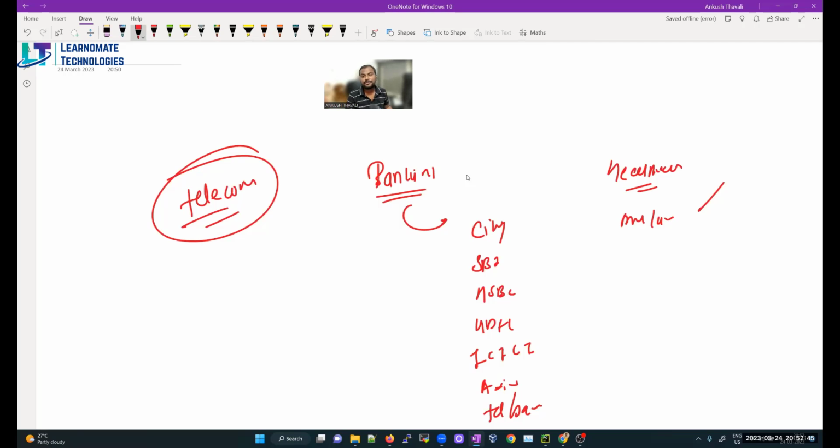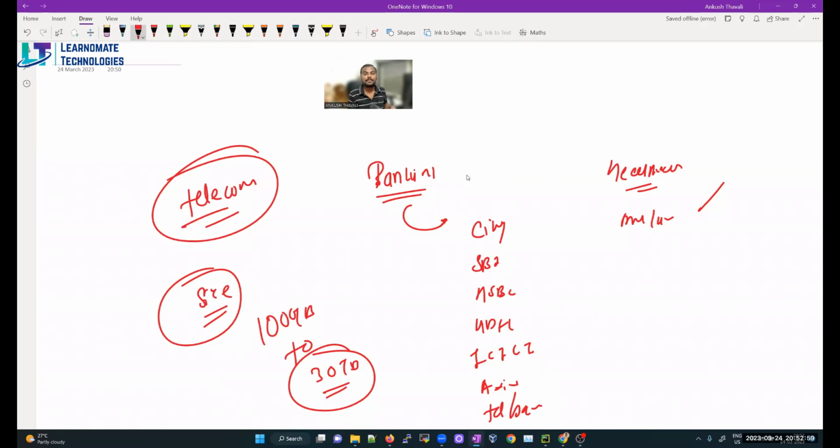Many times people also ask what is the size of your database. That's completely dependent on the database. Some databases can start from 100 GB to 30 terabytes also. A database can be of huge size, 30 terabytes also. So don't go with a very large database. I would say you can talk about a database size from 1 terabyte to 5 terabytes,